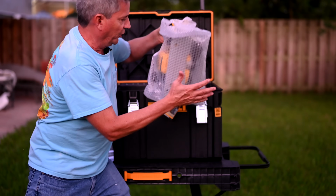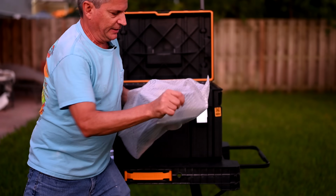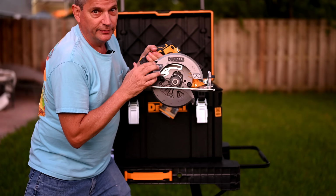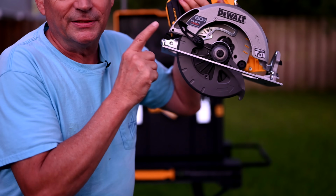Digging in deep and getting a good grip, because this one's the biggie. This is Bertha. Oh yeah, baby. This right here is our Flexvolt Advantage circ saw. It says it right there. Okay, so this here is that new Flexvolt Advantage circ saw. This is the DeWalt